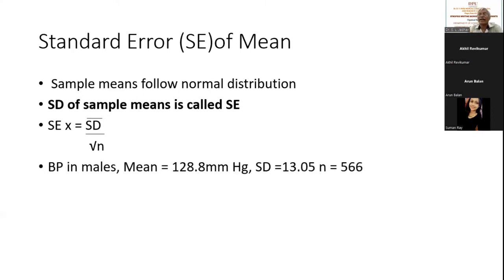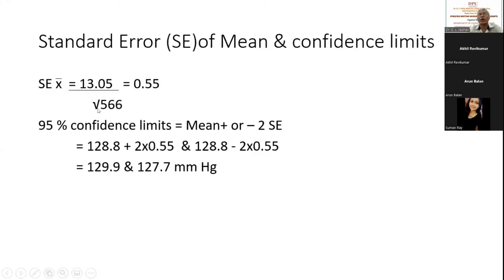So, let's say that I have got the blood pressure mean is so and so, the standard deviation is so and so, and the number is so and so. So if I want to calculate standard error, I can calculate it by